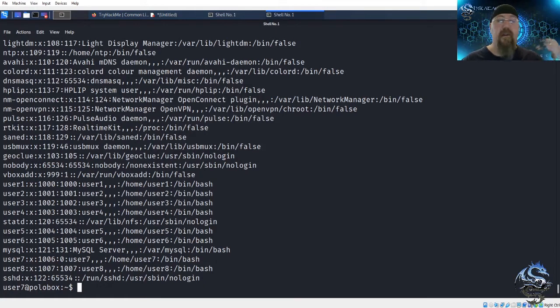And then we can su over to that person and get root access. All right, so first thing we want to do is create a salted hash. Now when I say salted, I basically mean add in more variables to a hash to make it more difficult to crack. Now if you're not familiar with how they crack passwords,